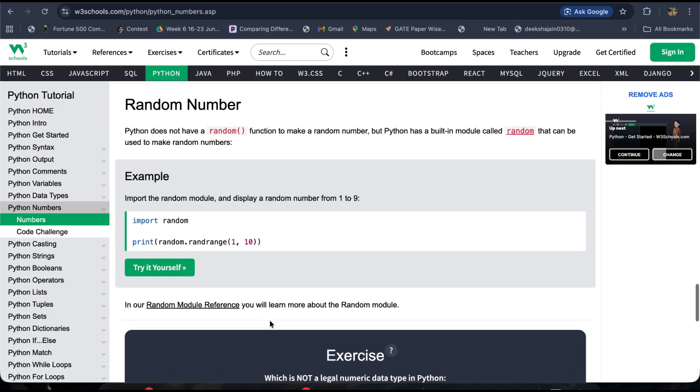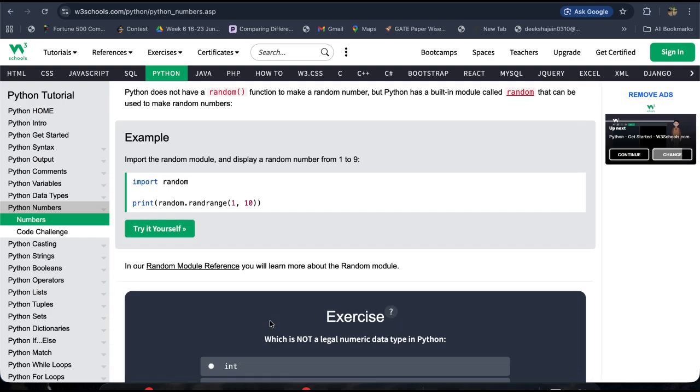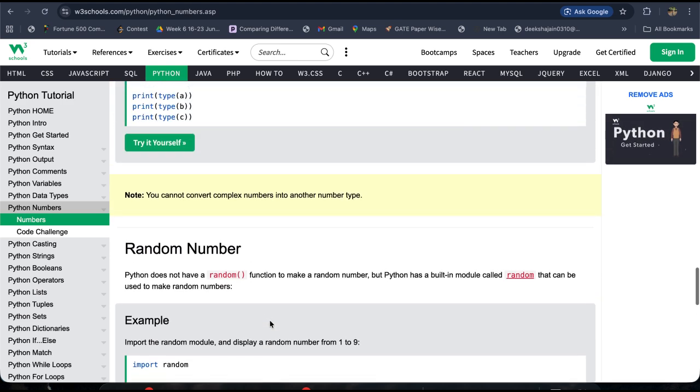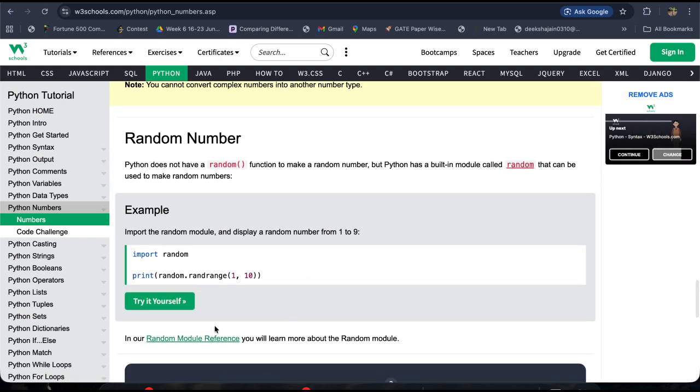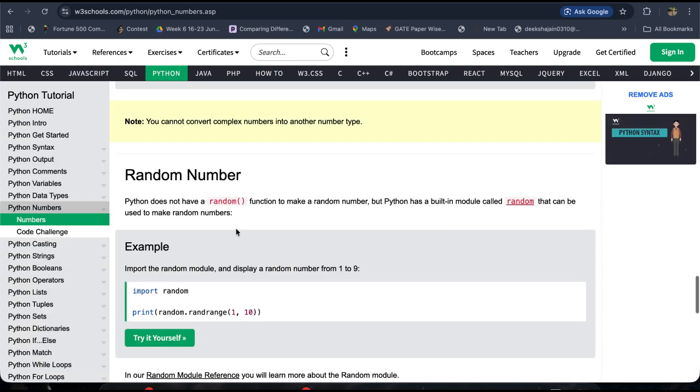For random numbers, Python does not have a random function to make a random number, but Python has a built-in module random that can be used to make random numbers. Okay, it will give random numbers from 1 to 10, like in between these. So we can do this like